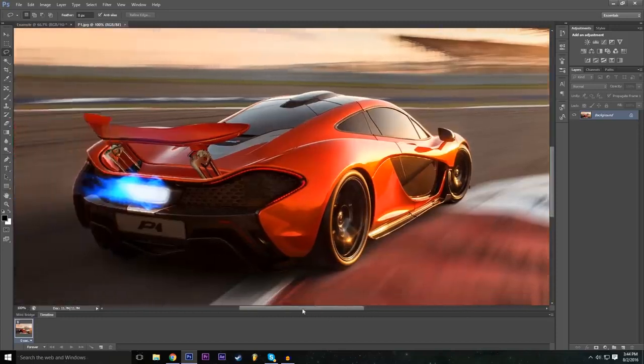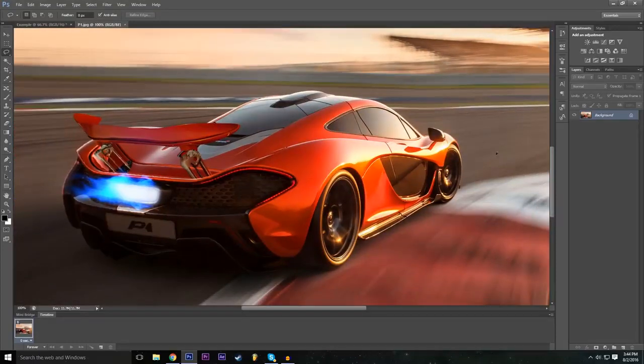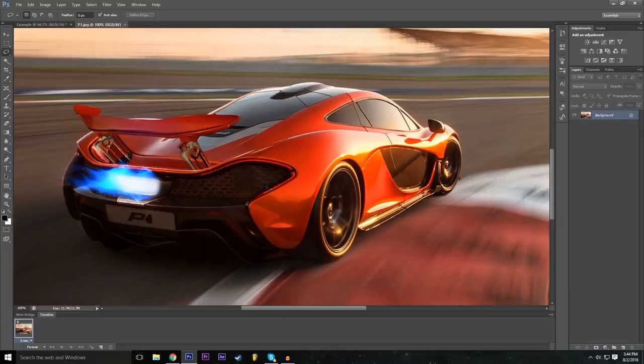And once we're zoomed in, we're just gonna have a nice shot of the McLaren. So basically just zoom into a point where the biggest part of the image is the focus where you want to duplicate. So now we're just gonna outline this McLaren P1 having selected this lasso tool. So we're gonna outline it starting from here, and we're gonna do a bit of a sloppy job here. It's not very important to be very precise. But all you got to do is just click and drag with your left mouse button,